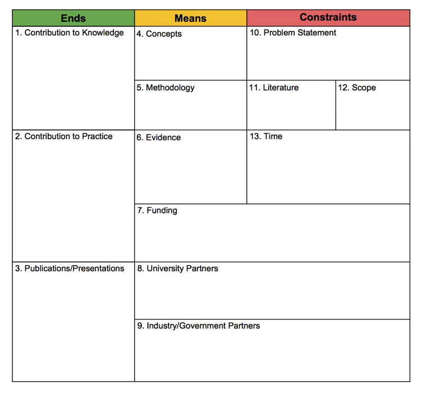A lean approach to research. The A3 template for lean construction. The core principle of lean construction, eliminating waste, isn't limited to building projects. It can also be applied to the research process itself. Just as a design or product has inefficiencies, so too does the creation of new knowledge. This article introduces an A3 template, adapted from business methodology, to streamline research in lean construction, making it more efficient